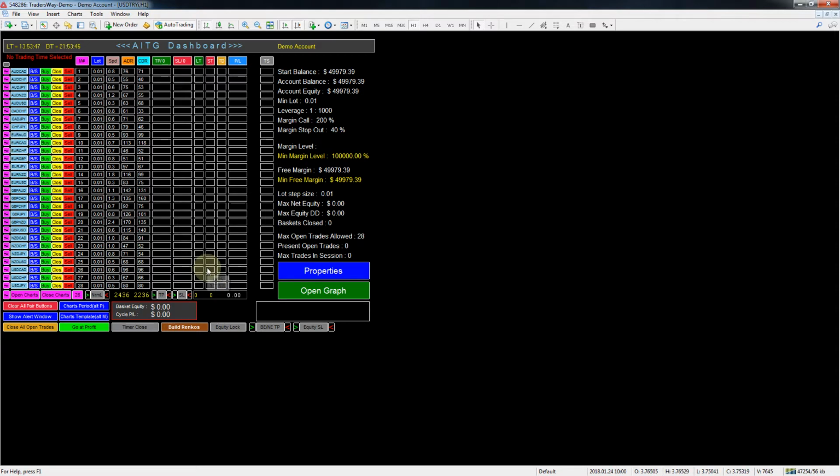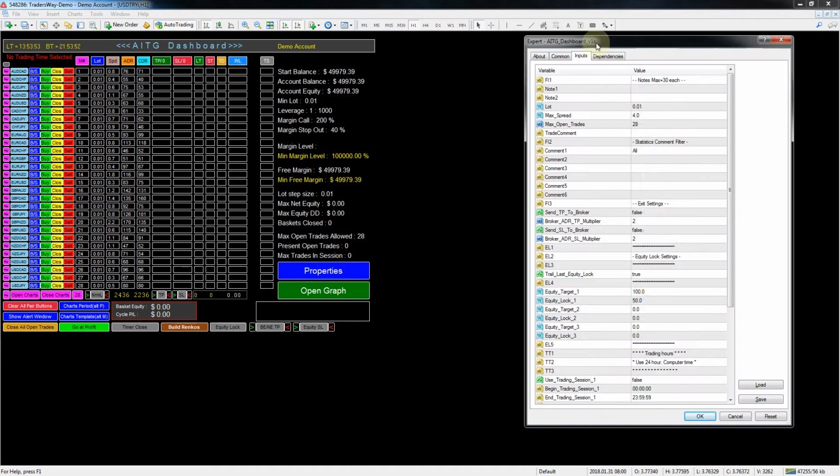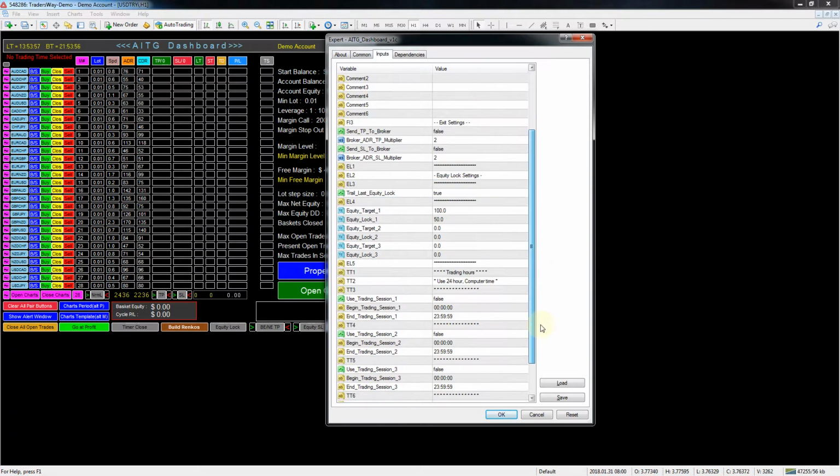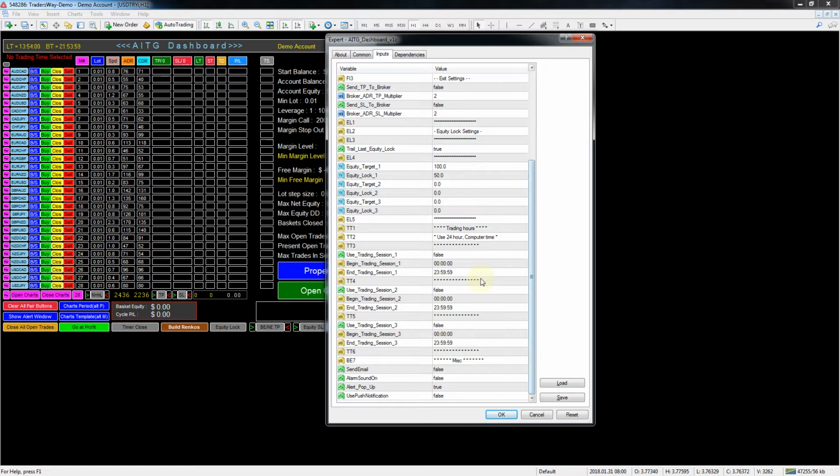Now in order to select a trading time, you would go back into the properties and you would pick what trading times you wanted to trade. You would set this to true, and then you would pick what you want to trade. In this case, we're set for 24 hours. It goes from 00 up to 23. So put in the hours, minutes, and seconds of a certain session you want to trade, and we got room here for 3